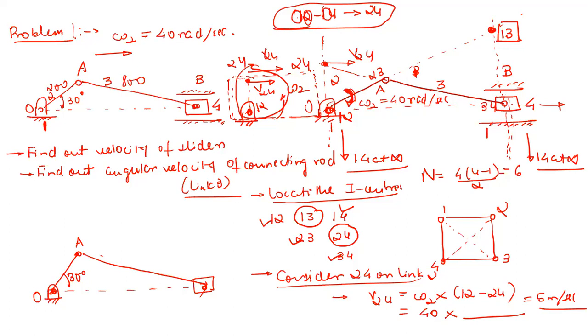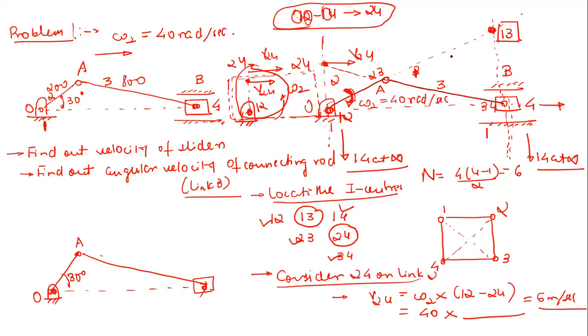So now, for a particular instant, this is the I center of rotation. It is very obvious that for a particular instant, you can imagine that the entire link 3 is going to rotate about this 1, 3, right? That means the velocity of this point A, the velocity of this point B, or you can simply say the points 2, 3 and 3, 4, are just moving around this point 1, 3, right?